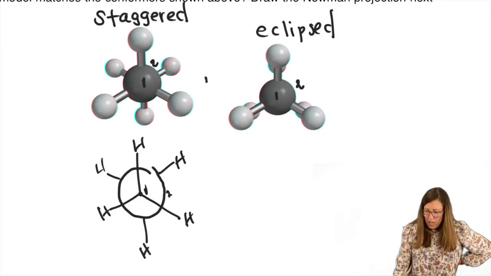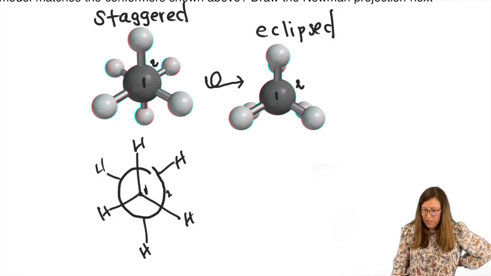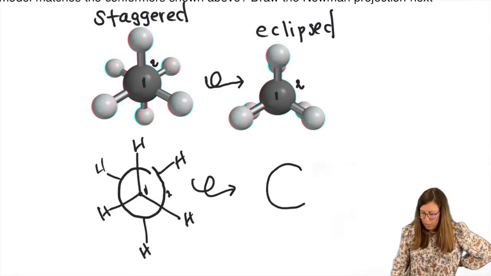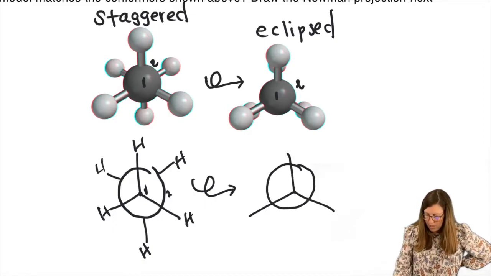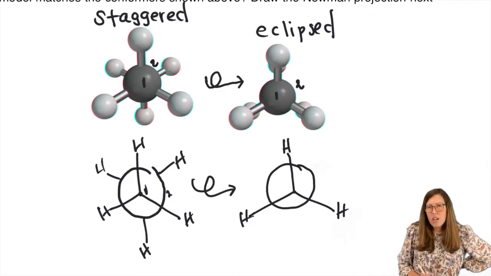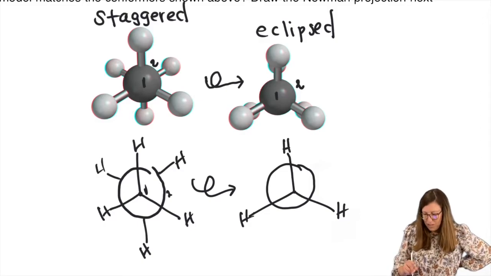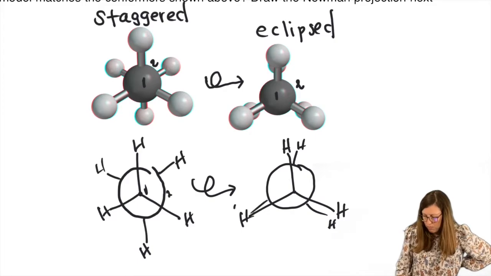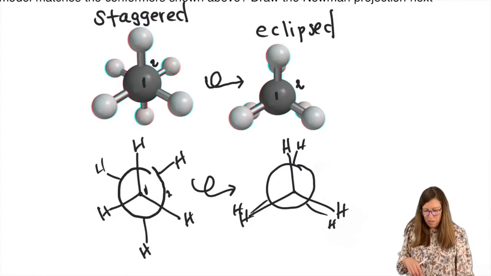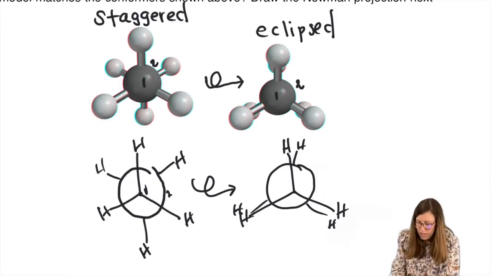Okay, so in order to get from staggered to eclipsed, we had to do a rotation. So when we rotate, we get to eclipsed. I'm going to keep the front the same because that's what it looks like here. See this framework here? Looks the same. And it's hard to draw completely eclipsed bonds. So we just draw them offset just a bit, but the understanding is that they're eclipsed. Because if you turn the model just a little bit, then you could see them offset just a bit. Okay, so that's the eclipsed.